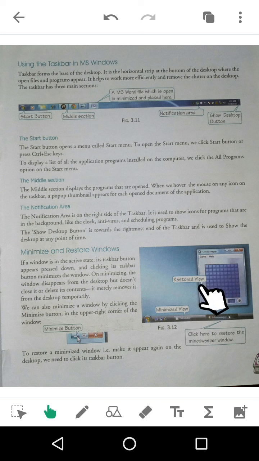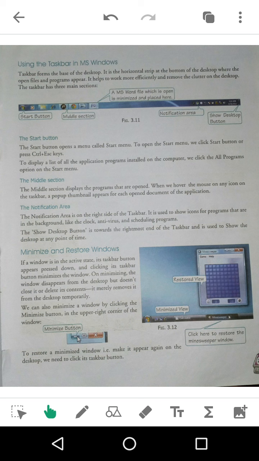And if you want to watch a video, then you will open Google Chrome or any web browser, then you will watch the video here, but your editing program or anything that you were working on earlier will be minimized. You click on this minimize button. See, it is the minimize button and it will get minimized over here. Now see, if a window is in the active state, its taskbar button appears pressed down.